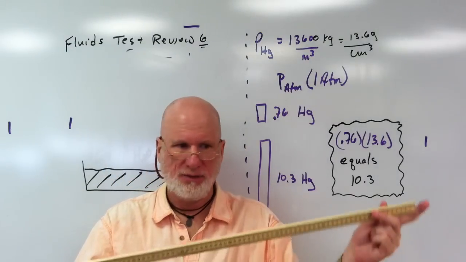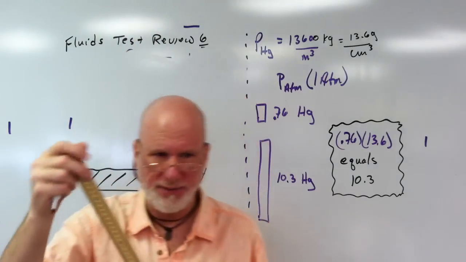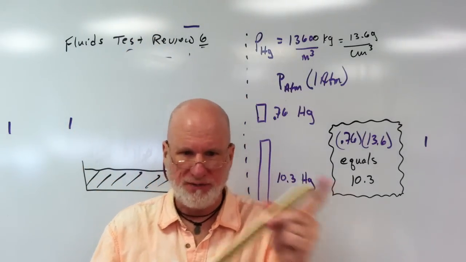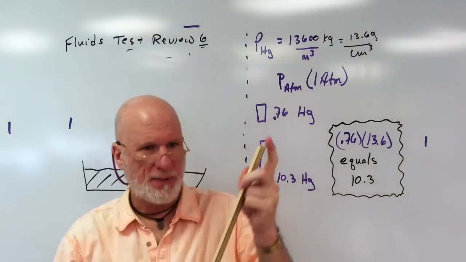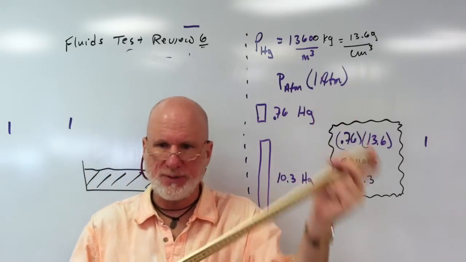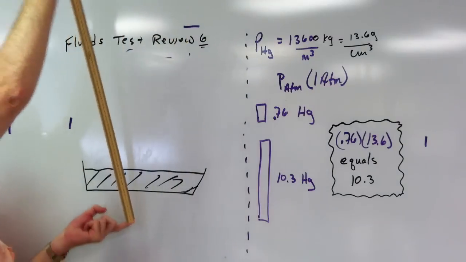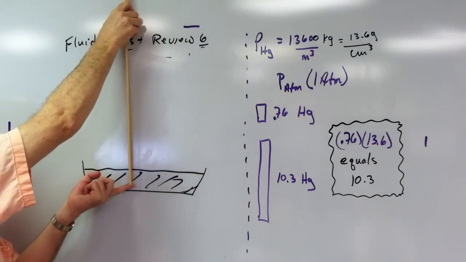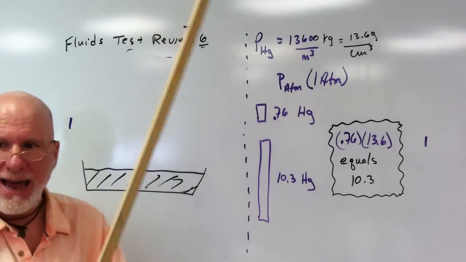And I filled it completely. This is the top, this is the closed end, this is the open end. So I fill it with mercury, and I put my finger over it, and I turn it upside down, and I put it in the dish, and I let go. What'll happen is,